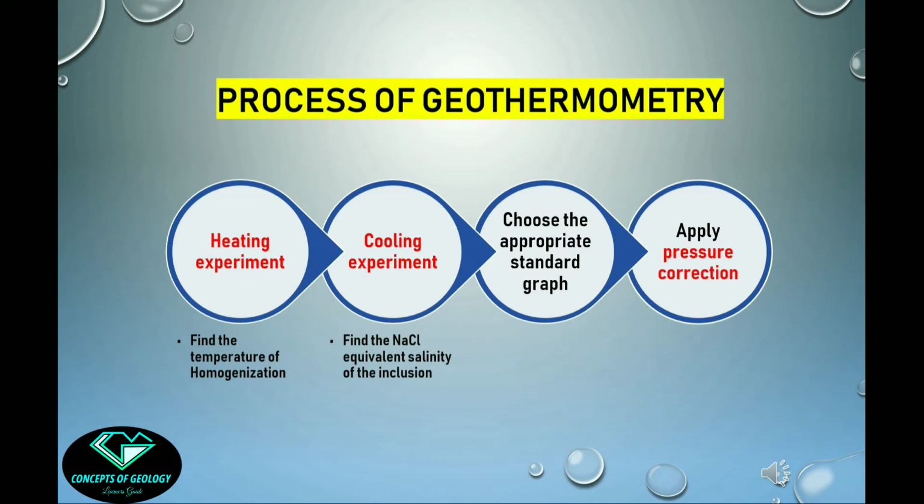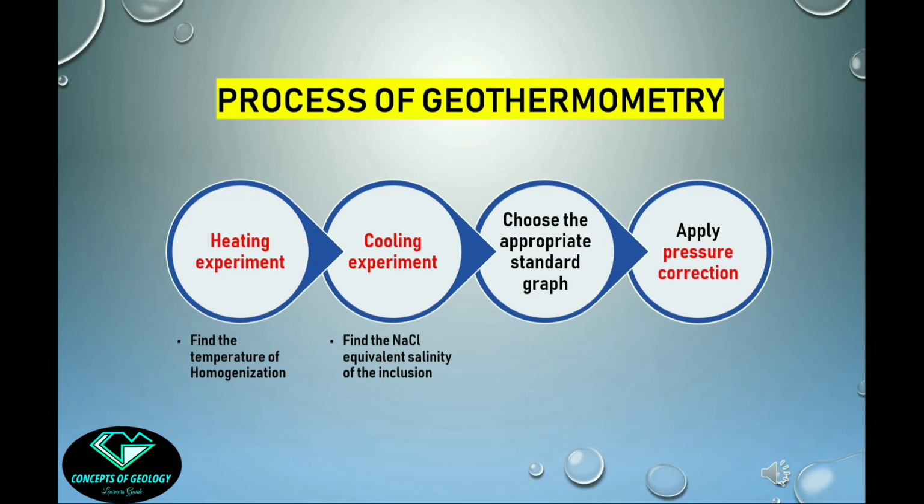So now we have the basic perception of how the inclusions form, and with that background knowledge we can proceed to the process by which geothermometry is done. There are mainly 4 steps to accomplish the geothermometry. The first one is the heating experiment, where the sample containing inclusion is heated and viewed simultaneously on a microscope stage until the liquid and the coexisting bubble homogenize and fill the inclusion as a single fluid. This temperature is called temperature of homogenization.